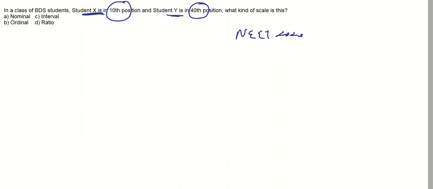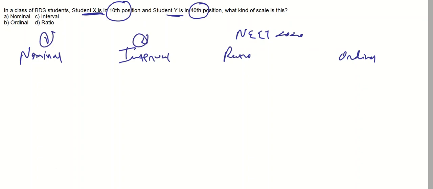So we know that there are a total of 4 scales: nominal, interval, ratio and ordinal. These are the 4 scales. The nominal scale, basically, as you can remember it, nominal, from that you can remember name. So if the categorization or the scale is based on the names, let's say you are asked whether it is male or female, that is a nominal scale. So it simply gives the names to the different conditions.